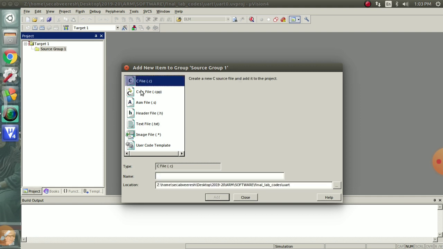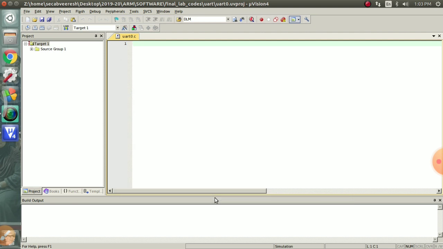Select a C file and give a name for that C file. As I have given the project name as UART0, the same I will give here, UART0, and directly add it. So a file is created here, UART0.c.